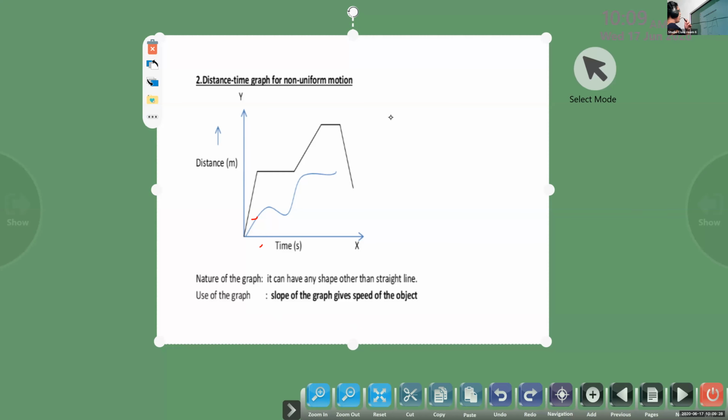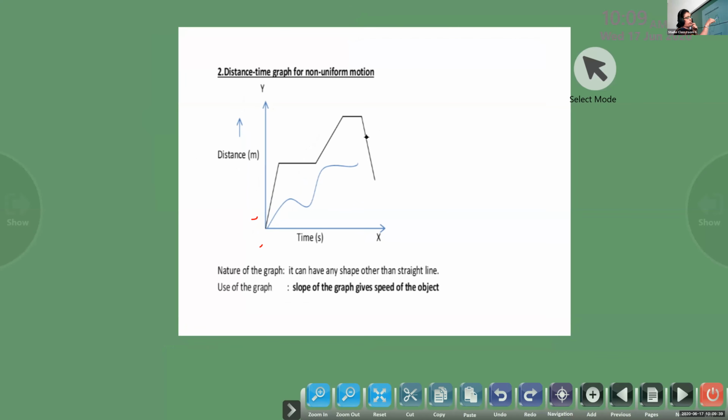Okay. So here I am showing this diagram. Actually, you can draw any one graph only in this. I am just showing both the ways you can represent. Even the black color one represents non-uniform motion, and this blue color curve also represents non-uniform motion. So when you draw the graph, we give any one shape only. Usually for problems we use straight lines, like squares and triangles, because we are using mathematical equations to solve it. Otherwise, we can also represent it with a curve. So it's non-uniform motion.